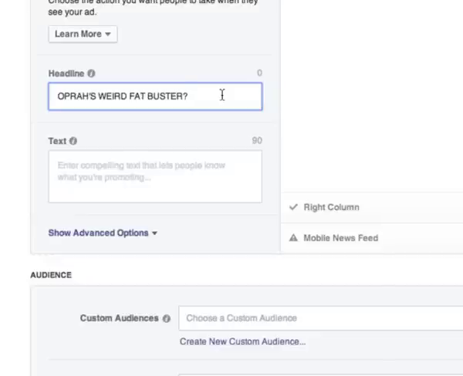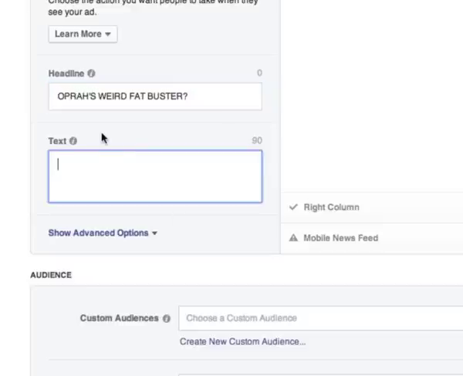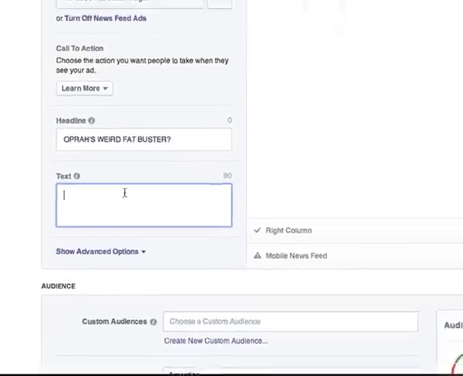Weird, secret, something that makes you think that you don't know about this. Of course, the text: Oprah was embarrassed to share that this weird food made her lose 13 kilos of fat in 30 days. Learn here, blah blah blah. What's the food? And of course, people want to know. Again, if we're talking about a secret, you never tell the secret. You just open the question, and people will want to know. That's how you use it.